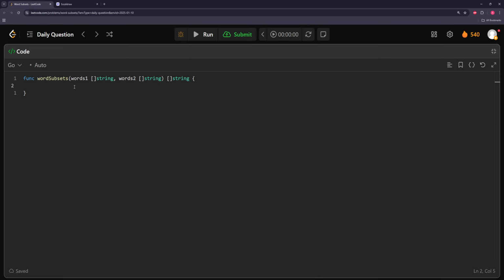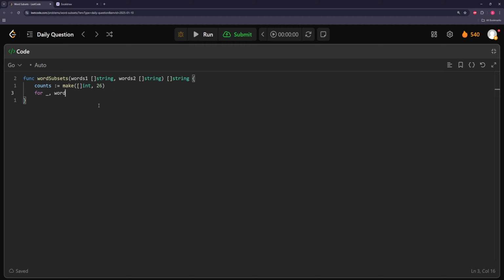All right, so let's code that. So first thing we're going to do is keep track of a character count. So we can just say counts, and it's going to be 26 length. Actually, yeah, this is right. And then we can just normalize every character like I've been doing in a bunch of other problems. So A will be 0, B will be 1, and whatever. So we're going to go through every single word. So let's just go through, so for